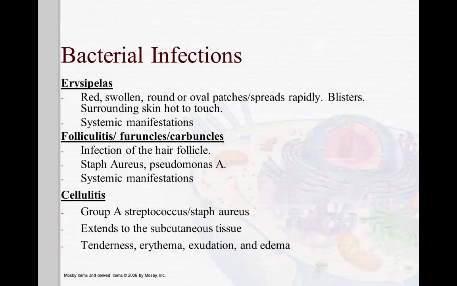Now let's talk about other signs and symptoms that could be present systemically in cellulitis and erysipelas: hypotension, delirium, and also skin sloughing. You will learn about how to treat cellulitis in pharmacology. Now let's talk about folliculitis. Folliculitis basically is a bacterial infection of a hair follicle individually, one by one, while furuncles are a group of follicles that are infected,